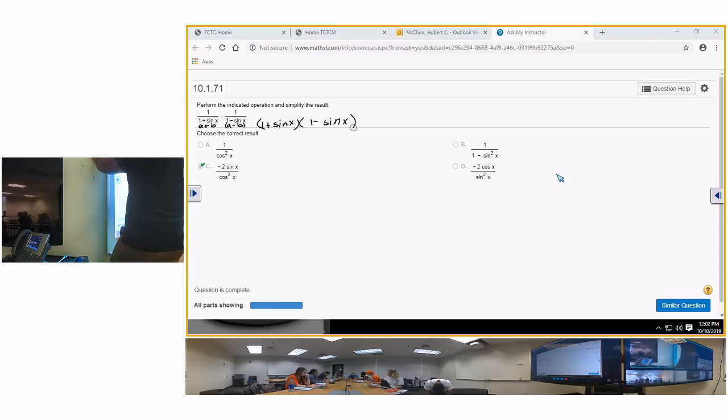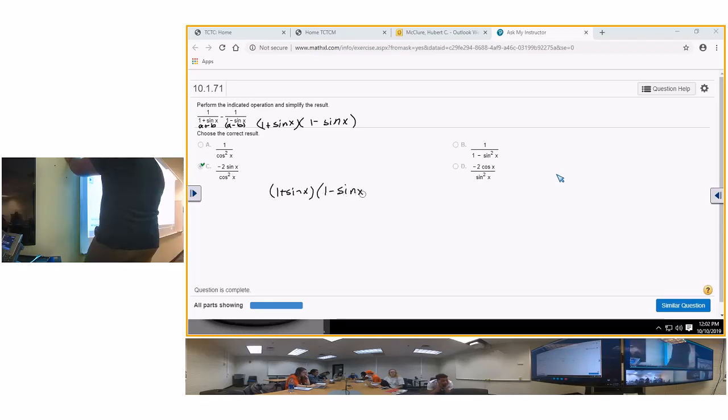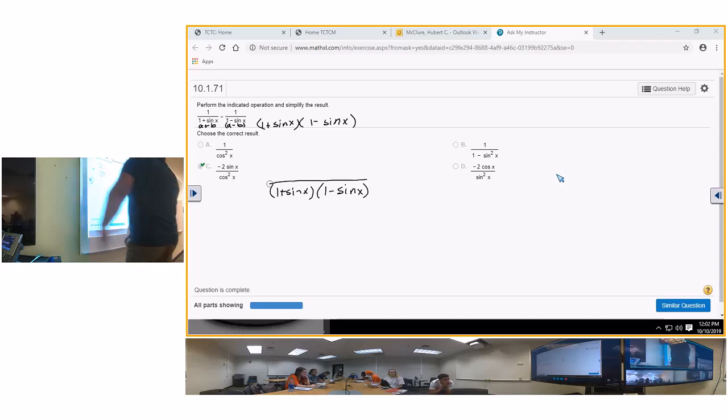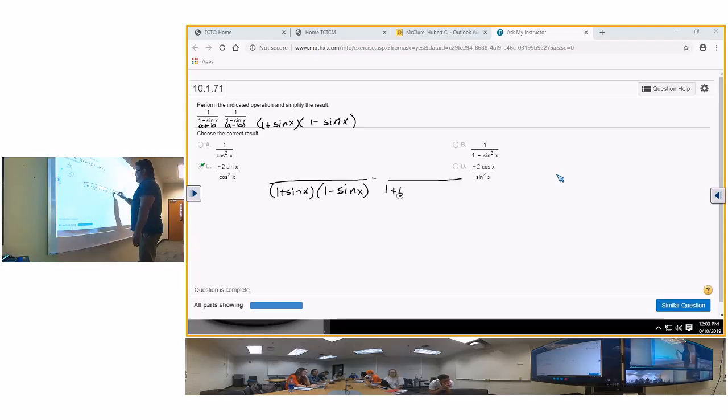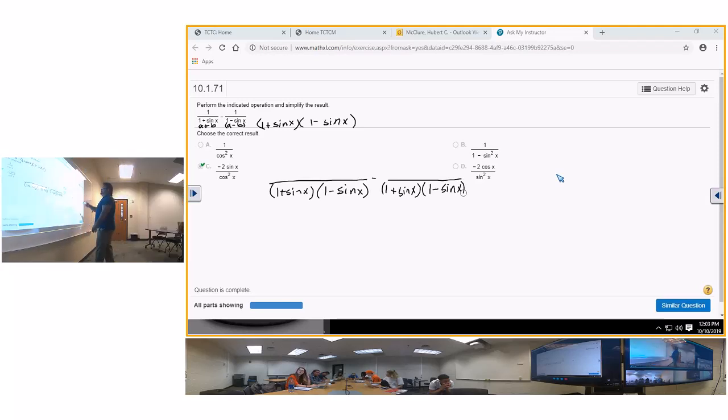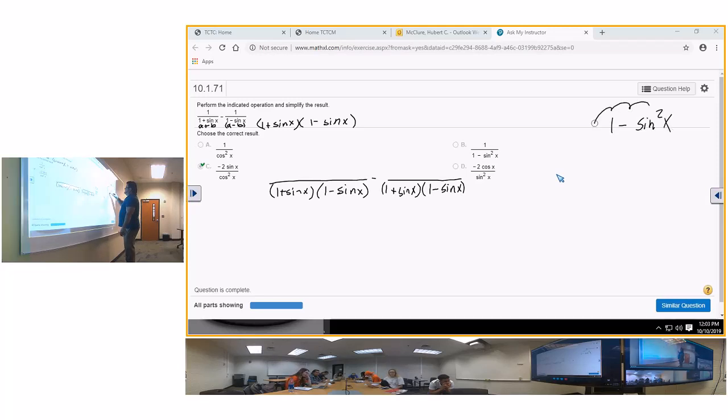So I'm going to make my 1 plus sine of x, 1 minus sine of x, minus 1 plus the sine of x times 1 minus the sine of x. Now, 1 plus the sine of x times 1 minus the sine of x can be written as 1 minus sine squared of x. Now, I'm not writing it like that right now because I want you to see that I'm